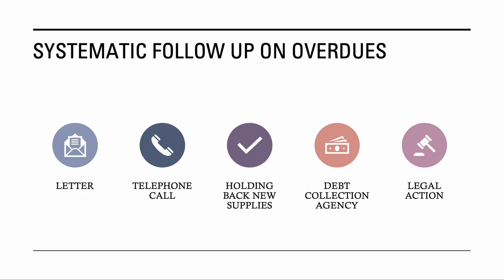This could be an effective way of collecting the overdues because it's going to cascade the impact on the future sales to the customer, and there is a possibility for them to pay back the funds as early as possible. And the next